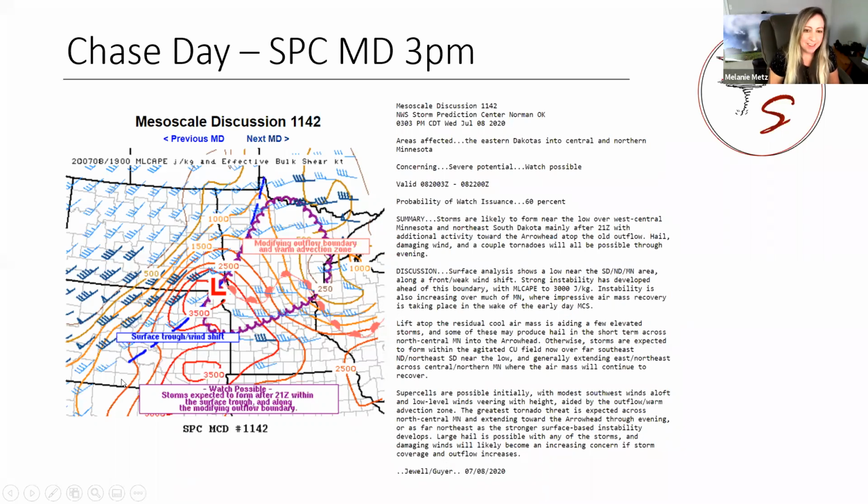So I was happy to see, yes, there is a low they're indicating here. And as you can see from their very detailed analysis, that outflow boundary warm front, as they're calling it, a modifying outflow boundary and warm advection zone, was real wavy looking, not your typical, just real obvious warm front. And a surface trough is coming in.